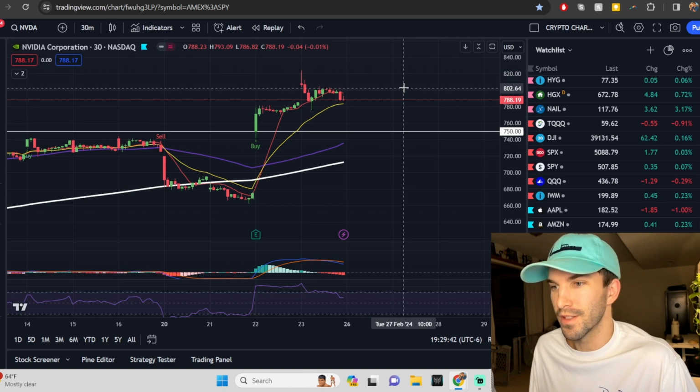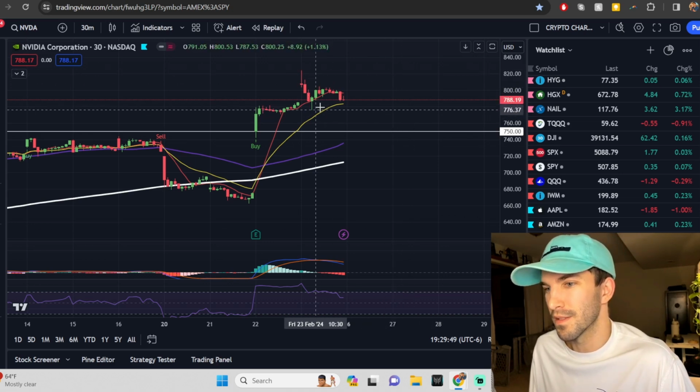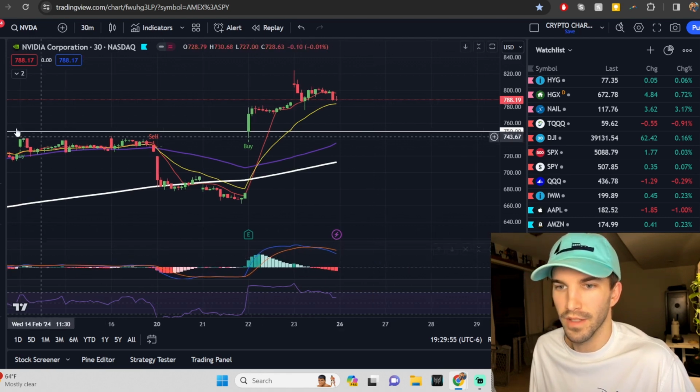If people start to really try to short NVIDIA to the level that we have calls, then we can really see that positivity. We can see some kind of squeeze. But at this point, I'm really not seeing anything that could take NVIDIA higher. But if it does want to make a move higher, I'm going to be open to that,